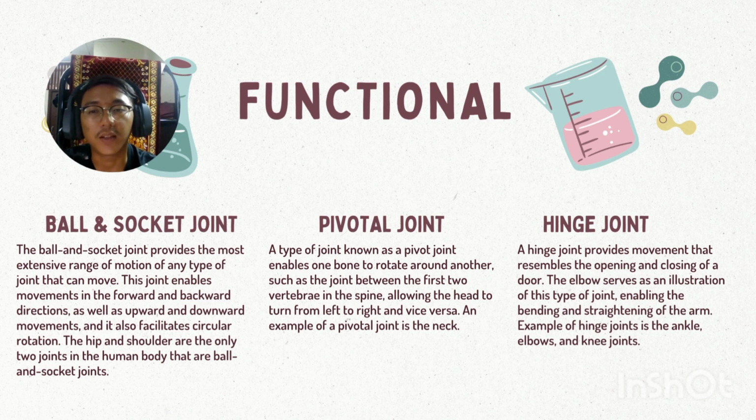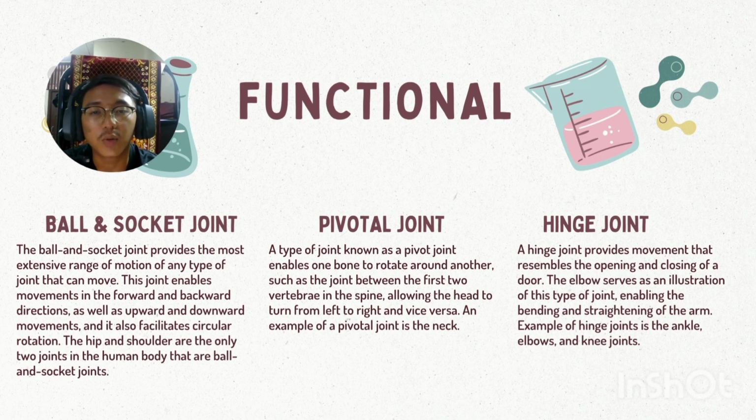This joint enables movement in the forward and backward direction, as well as upward and downward movement, and it also facilitates circular rotation. The hip and shoulder are the only two joints in the human body that are ball and socket joints. Pivotal joint: the type of joint known as a pivot joint enables one bone to rotate around another,